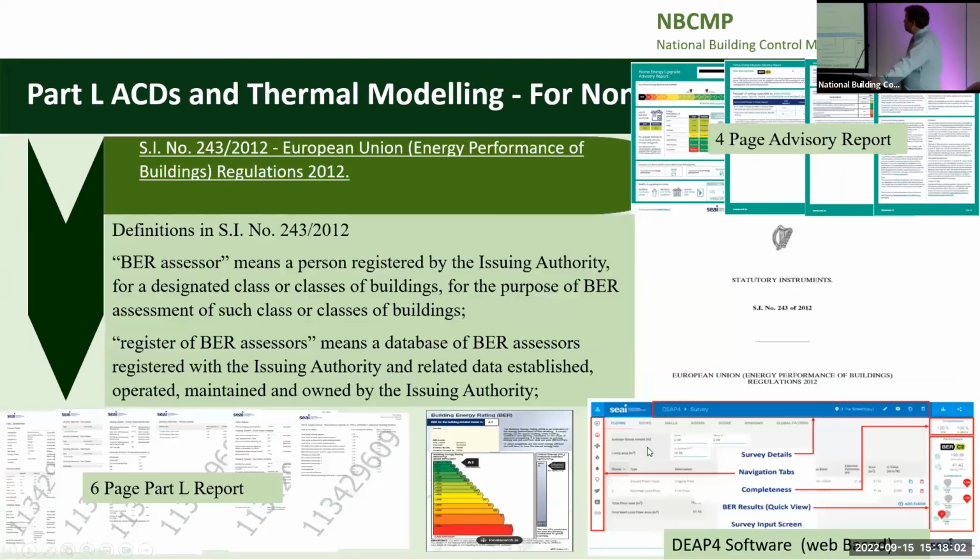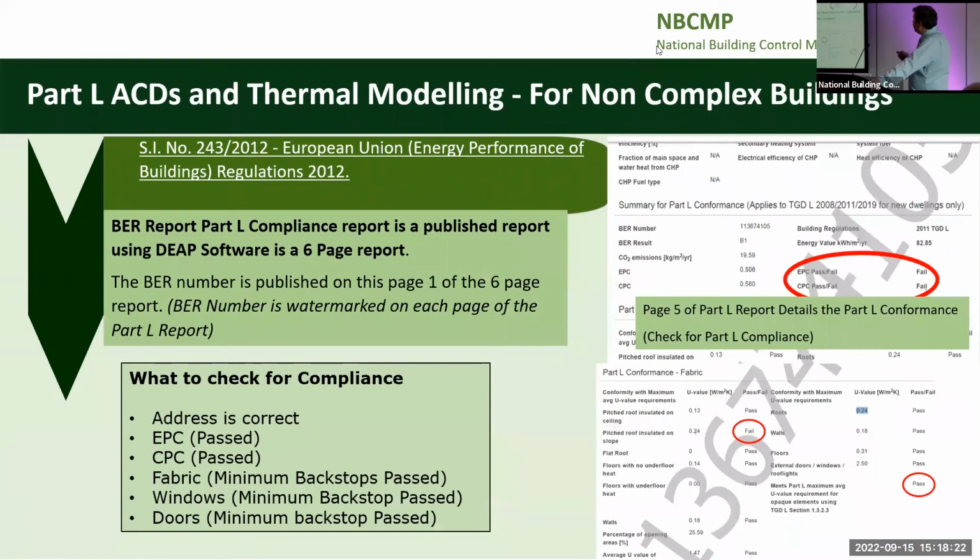Just go on there on the requirements of the BER assessor and register of BER assessors and your Part L report. And SI 243 requires that you need to have a BER before you can occupy a building. So just your BER, the checks for the page 5 is there's a Part L conformance check. So it tells you whether you pass or fail. And you may fail one of the backstops here, but you pass overall because maybe you had a better Y value or you had compensated the values on it, and you meet it by the provisions in the clause